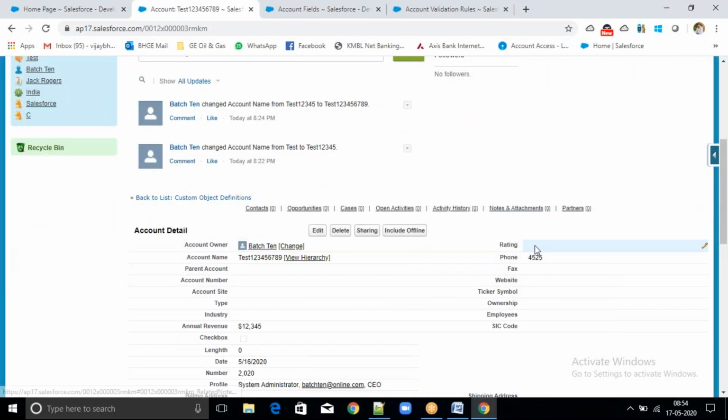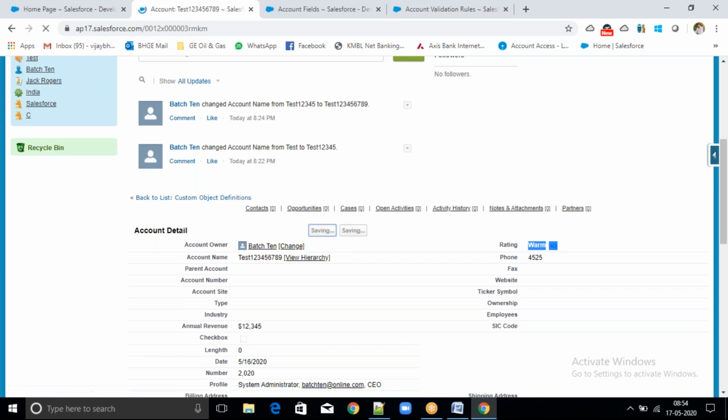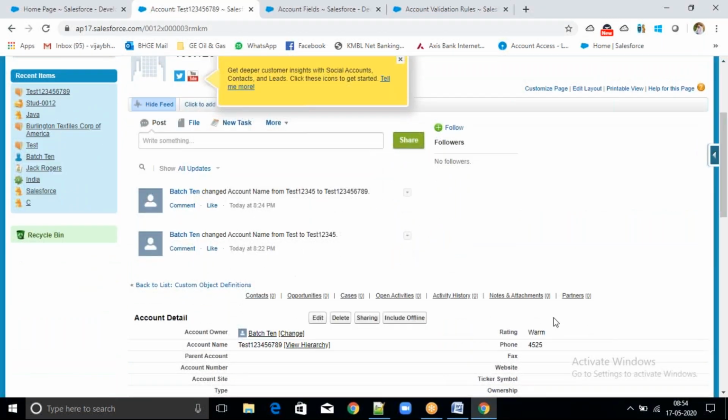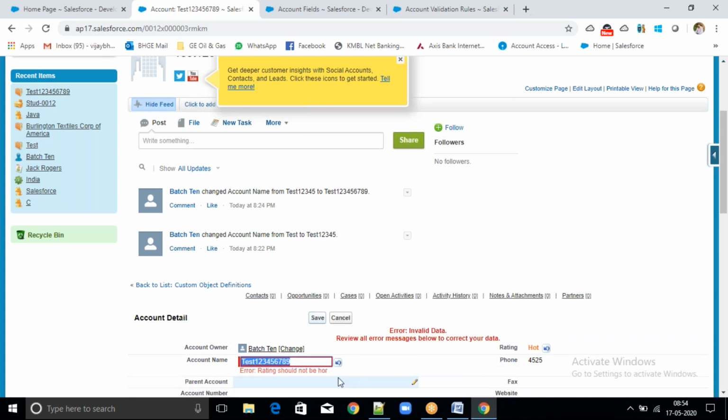Now I will change the rating to warm. Now it will give error or not? Yes. Why yes? Why will it give an error? Now I will change it to hot. Click on save. I am displaying the field name.